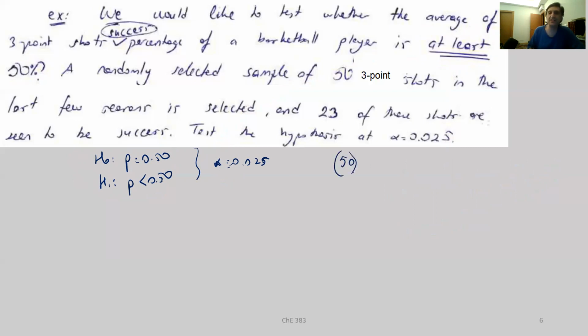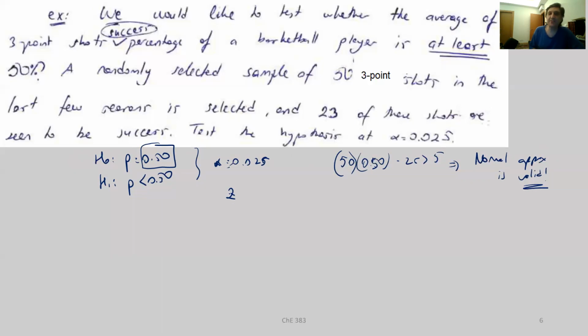So it's going to be 50 times. Note that we do not know the exact values, of course, but we are going to be using the hypothesized value of probability, which is equal to 0.50. And this is equal to 25, greater than 5. 1 minus 0.50 is also 0.50. So it's going to be again 25. So anyway, let's find the Z value here. So normal approximation, let's write it. Normal approximation is valid. We'll come to that in a minute.